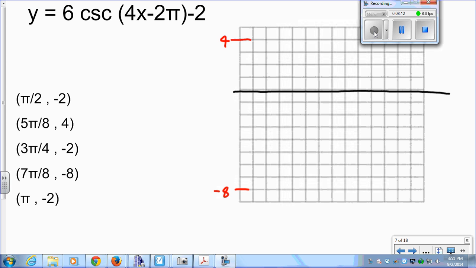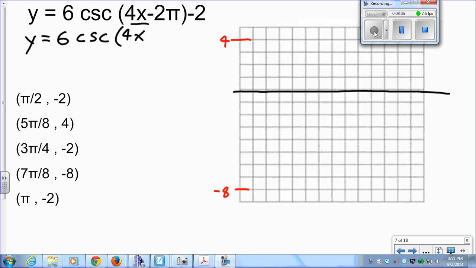All right, so the function I chose to graph here was 6 cosecant of 4x minus 2 pi minus 2. So just like before, we have to make sure we factor out our b terms, so our x is by itself when you're graphing sine functions. So I'm going to rewrite this as 6 cosecant of